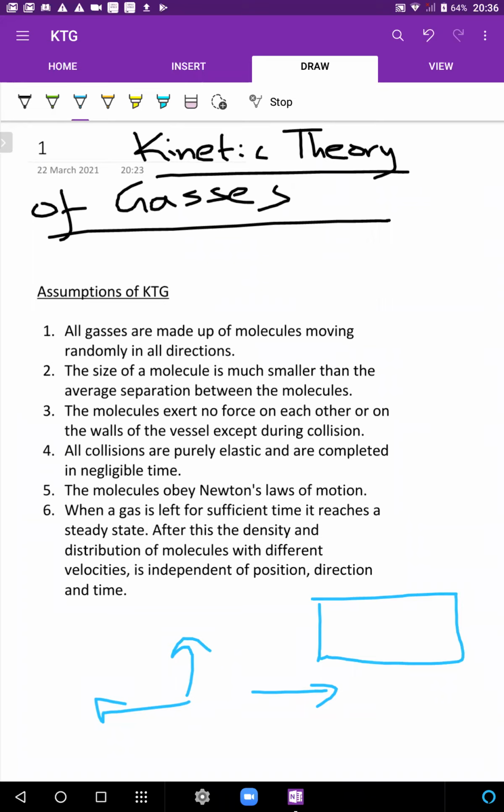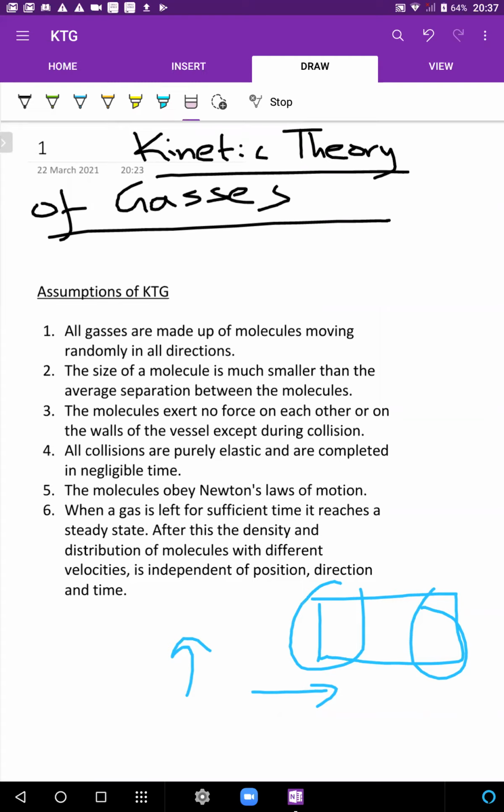What the statement is trying to say is that it won't happen that this section of the container will have more molecules going towards the left, that section of the container will have more molecules going upward. You won't see that, right? On a probability basis, inside this section and inside that section, you'll have equal number of molecules going towards the left, equal number of molecules going towards the right. The distribution of molecules going towards the left is going to be uniform throughout the entire vessel. There's no one particular region where more molecules are going left. Yeah, it's going to be symmetric.